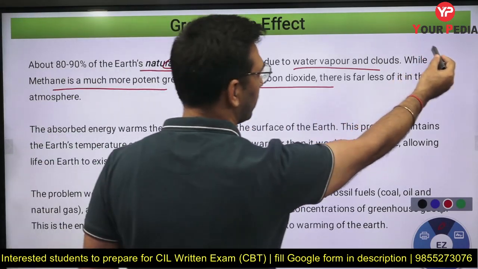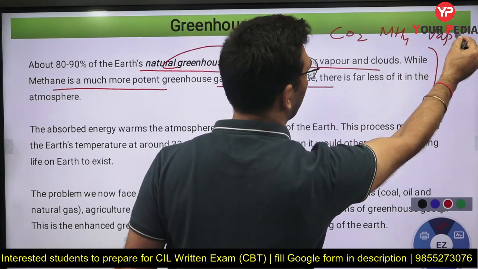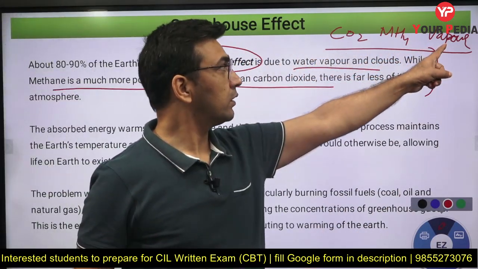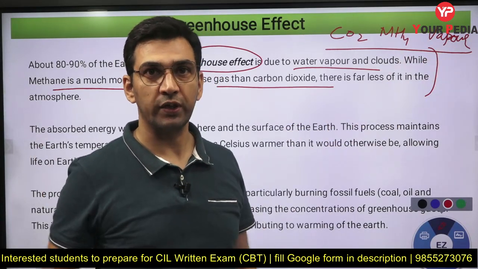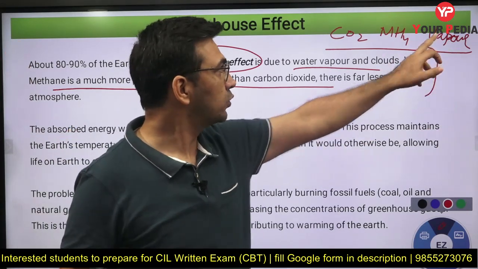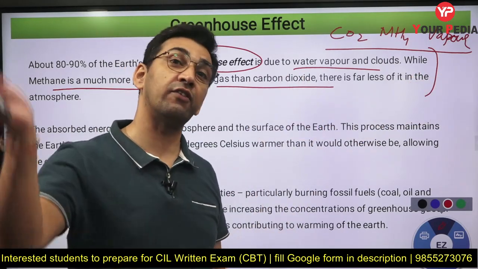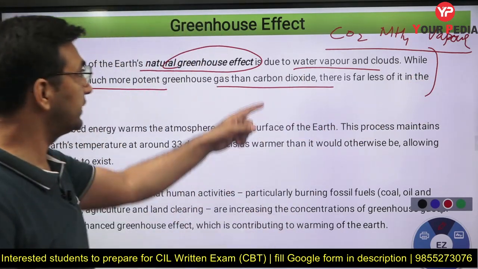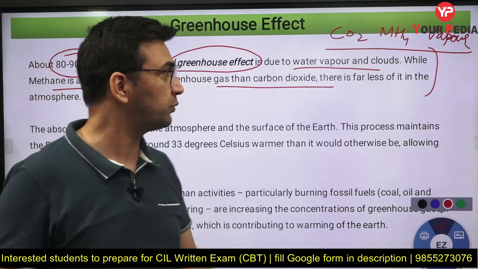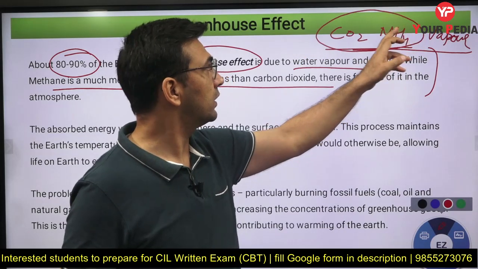Now this line says that, as I told you, you have carbon dioxide, you have methane in the Earth's atmosphere, you have water vapor also. They are all naturally present in the Earth's atmosphere. But water vapor and clouds are in very large quantity because you have the water cycle going on. So they block a lot of that heat in the Earth's atmosphere. If I say that of all the gases present naturally in the environment, which gas has the largest greenhouse effect, you will say it is water vapor and clouds. Almost 80 to 90% of that natural greenhouse gas effect is because of only water vapor or clouds. The rest is because of methane and carbon dioxide.